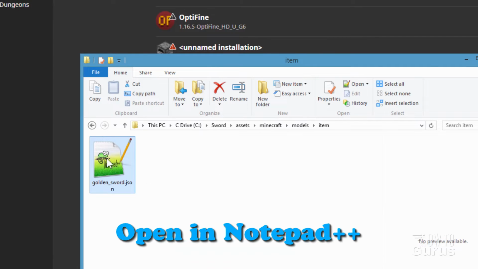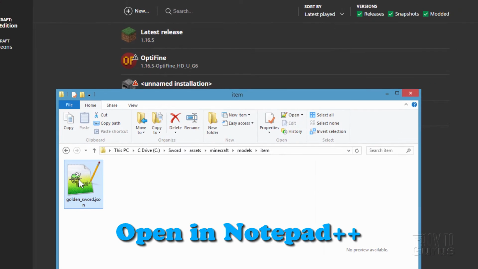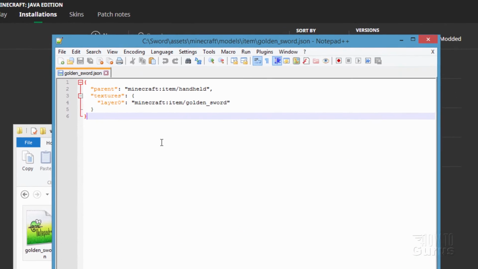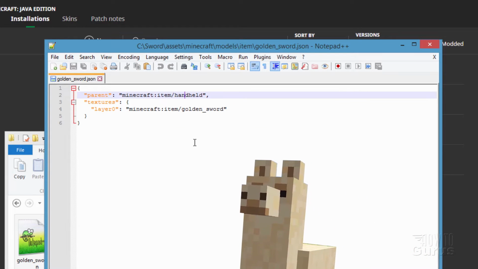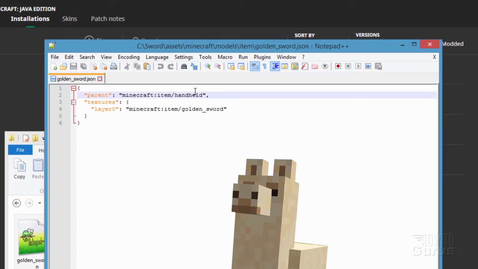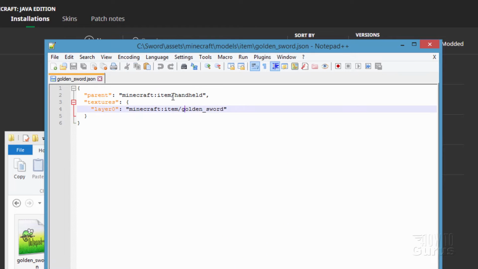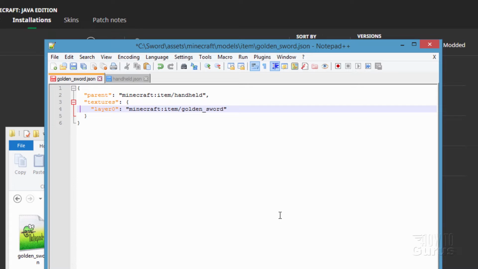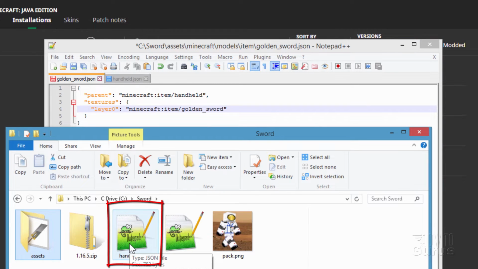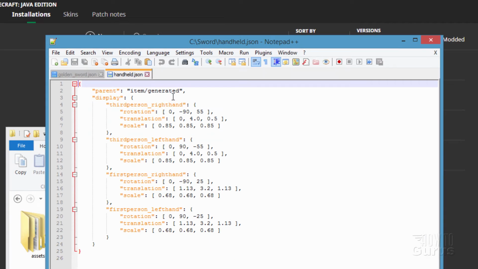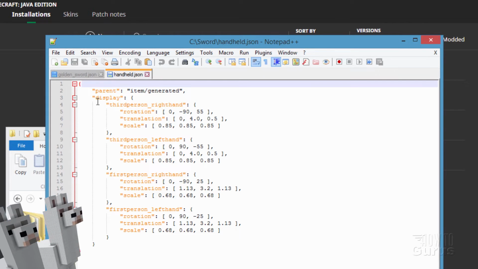Okay, let's go ahead and open this up in Notepad++, double click. There we are. Now this tells Minecraft which image to use for this particular item. Everything else is up here under handheld. So what we need to do is copy the size information from this file and put it into this file here. So I'll go back to that handheld file, and that's right back here at sword, and it's right there. Let's open this up, and you'll see here what this does is it tells how to display